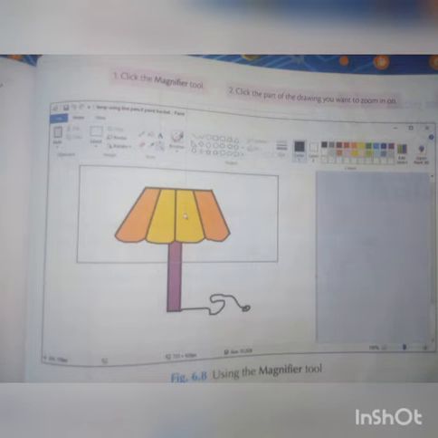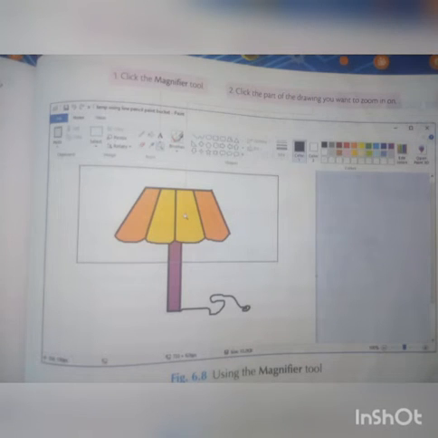The next one is the magnifier tool. Already you know, is it? Magnifier means zooming. From where do you find all these items? In the ribbon tools. In the ribbon only, all these items are there. Already we studied what the things are: pencil, eraser, then magnifier, color picker, text. Many items, eraser tool, polygon, shapes, group, everything will be in the ribbon only.